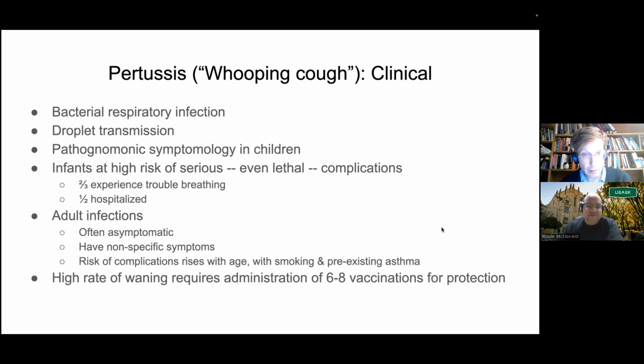Infants are at high risk of serious and even lethal complications. Two-thirds experience trouble breathing, half are hospitalized. Adults, by contrast, are often asymptomatic, have non-specific symptoms which may be confused with a cold or flu, but risk of complications rises with age, smoking, and pre-existing asthma or other respiratory conditions. A high rate of waning of immunity for this disease requires a course of 6 to 8 vaccinations to achieve full protection. Most people don't complete this